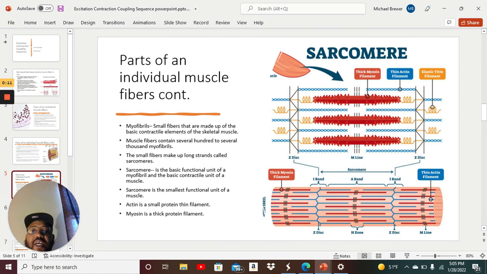And then we get to actin and myosin, which are also in the muscle fiber. And the actin, which is over here, is the small protein